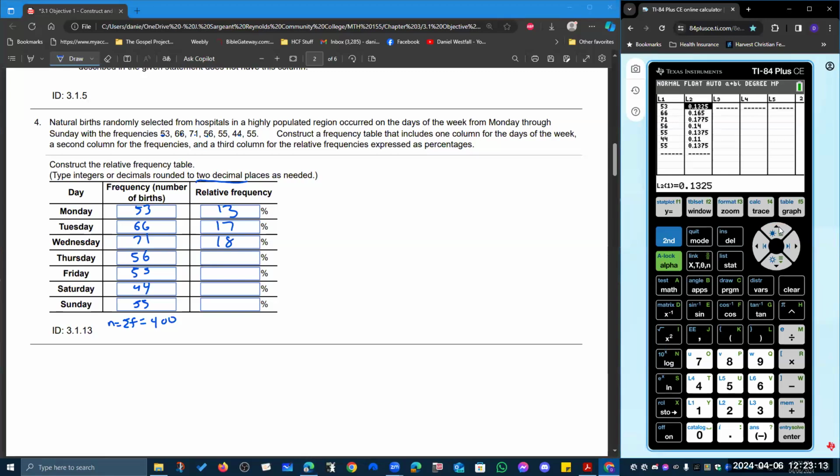So 13.25%, 16.50%, 17.75%, exactly 14%, 14.00, 13.75%, 11% exactly, and 13.75%. Now, what I would be interested in seeing, especially if I had done any rounding, would be to make sure that this 13.25 plus this 16.50 plus 17.75 plus 14.00 plus 13.75 plus 11.00 plus 13.75